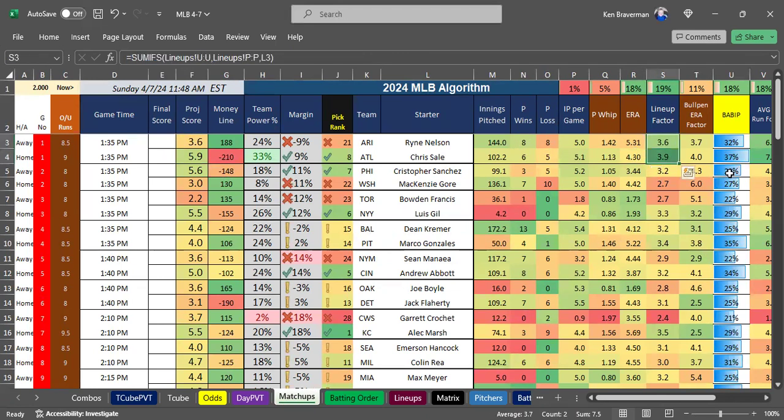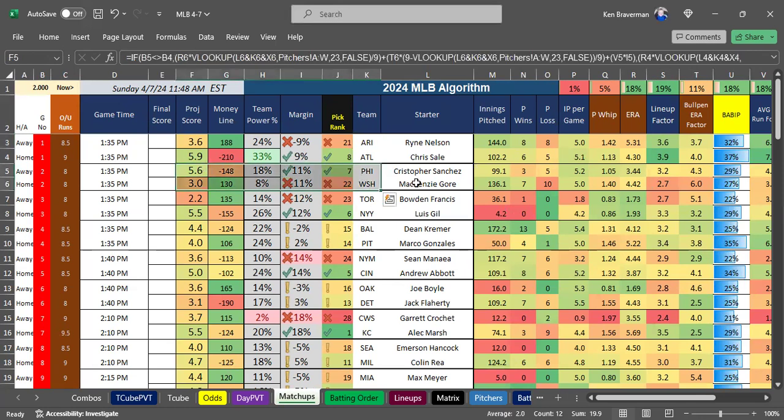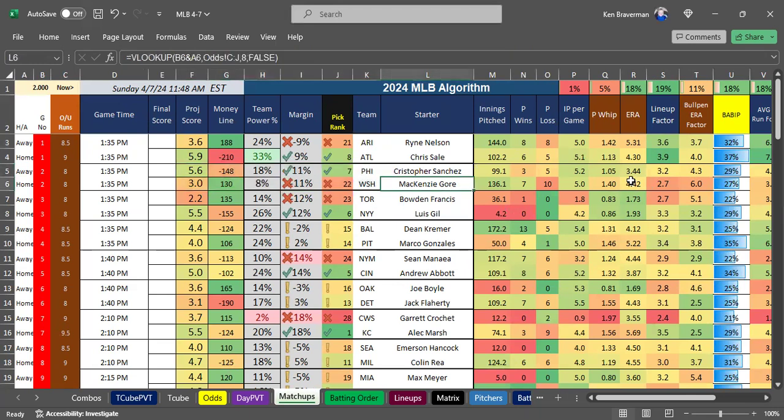Pitching matchup. I mean, it's just whether or not Atlanta can continue to out-hit Arizona, whose bullpen is not bad. Arizona keeps making these games, and they keep losing them late, but they seem to be leading. They were up, I think, 5-0 and still lost yesterday. It's amazing. Philly, yeah, Washington is not good. They find a way to lose games. Their bullpen's terrible. So Philadelphia probably wins that.